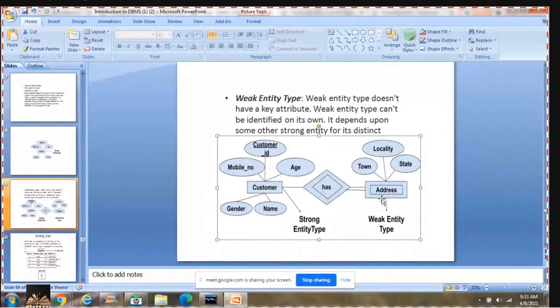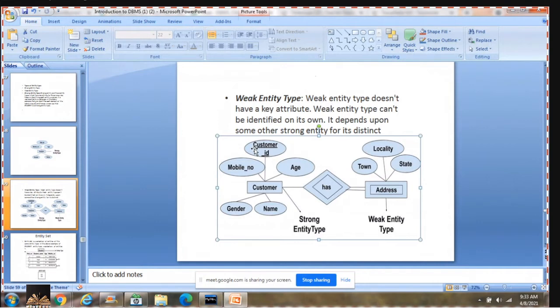Customer is termed a strong entity over here because every customer will have a distinct customer ID. Hence, that distinct customer ID acts as a key attribute. So I can say that customer is a strong entity.